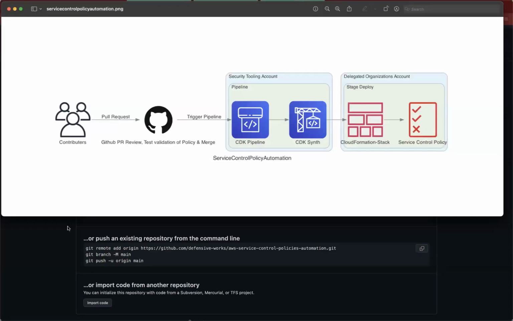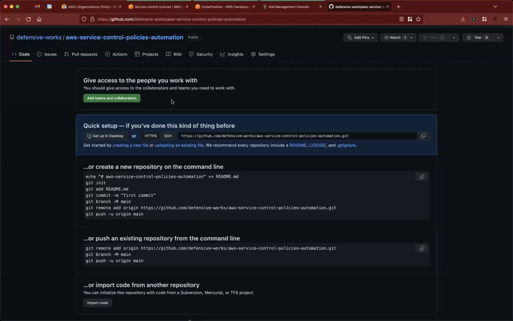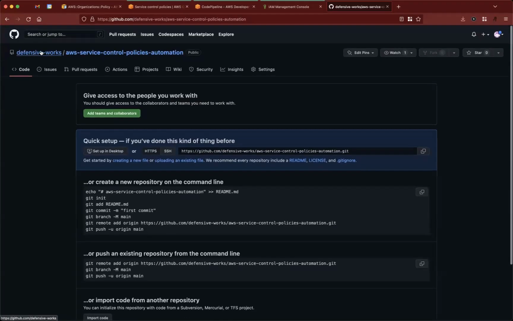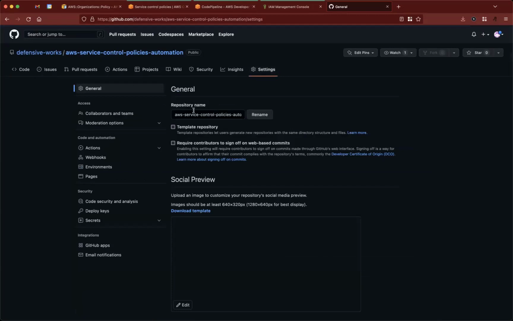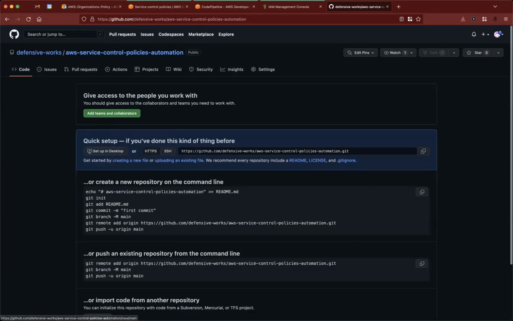So now that we have looked at the architecture and the plan for deployment, this is the repository we have under this organization, Defensive Works. This is an empty repository now. We do not have any branch protections right now because there's no code in yet. What we do now is